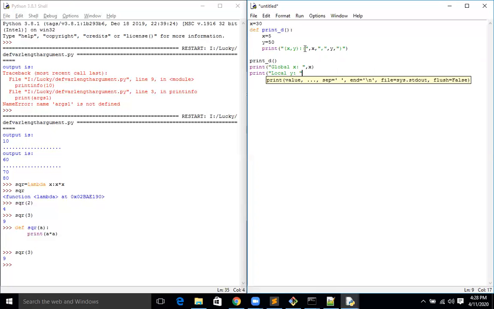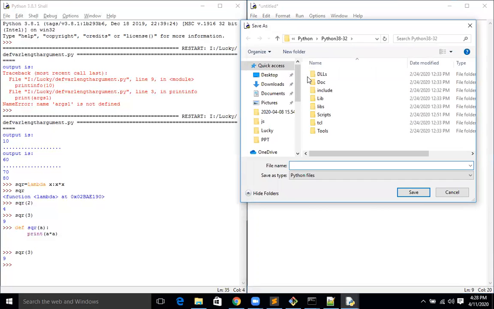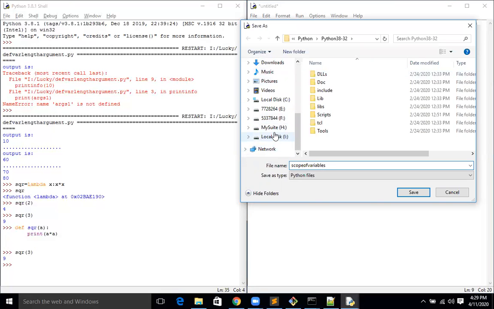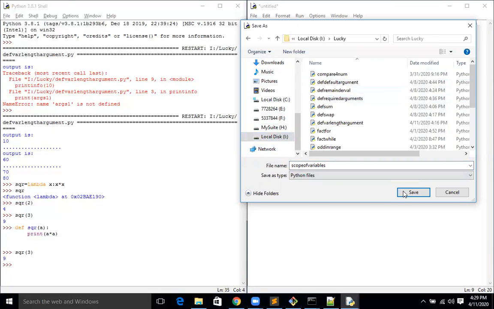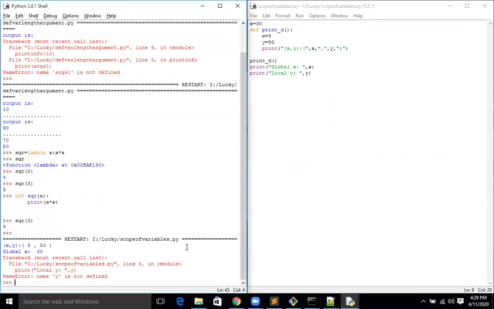Now you can understand what the local variable and the global variable are. I'm saving this program as scope of variable, and I'm running it.